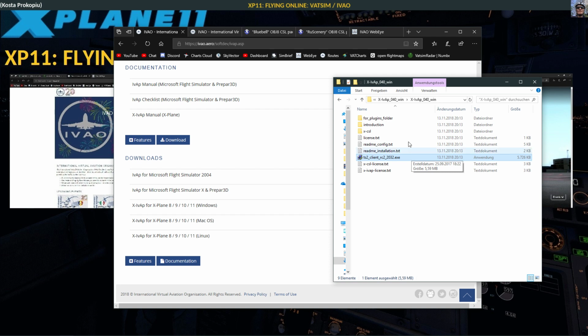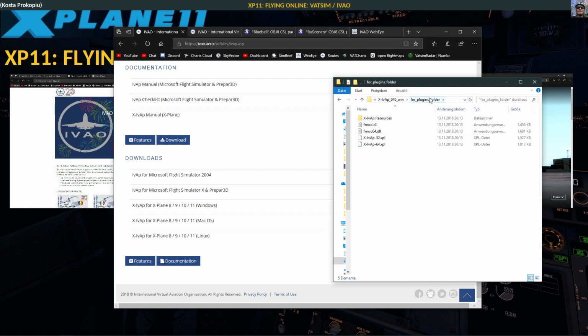The other step is to install the plugin for X-Plane. And you do this by just going into this 4 plugins folder. Then you can see a couple of files. Now, if you're on X-Plane 11, and if you're not running X-Plane 10 32-bit anymore, and I would be very surprised if you still do,